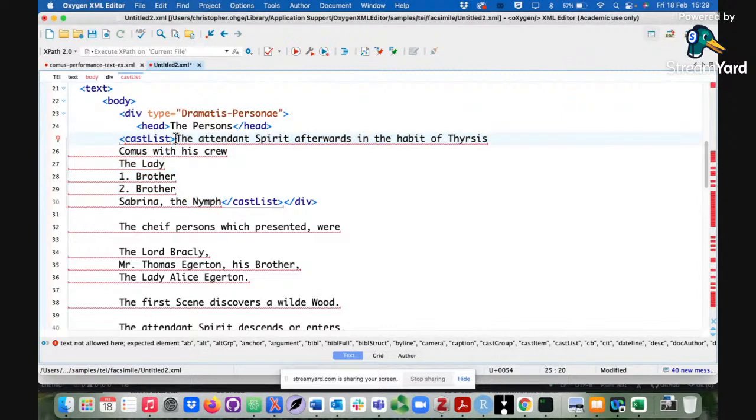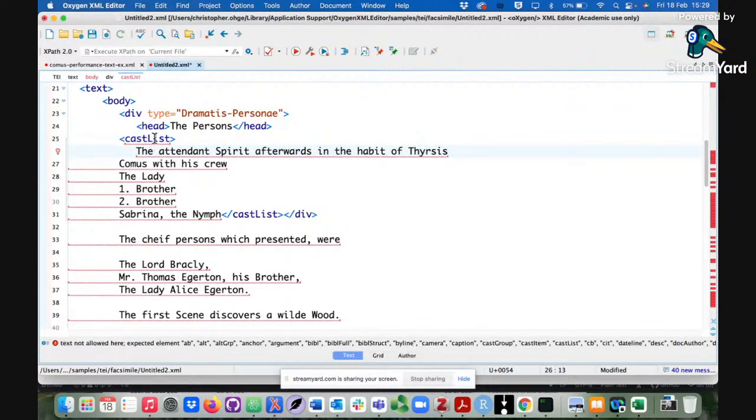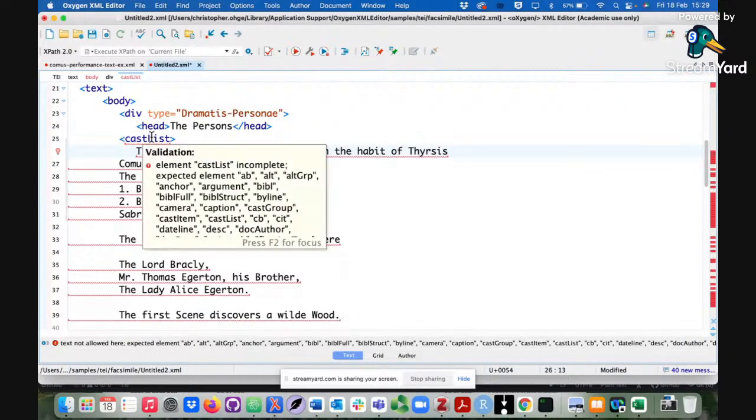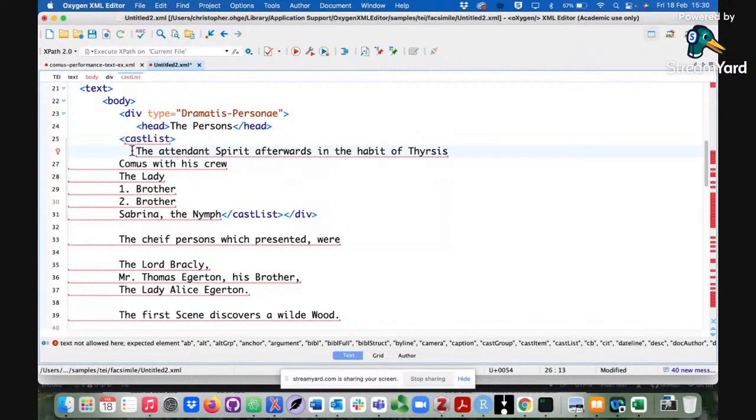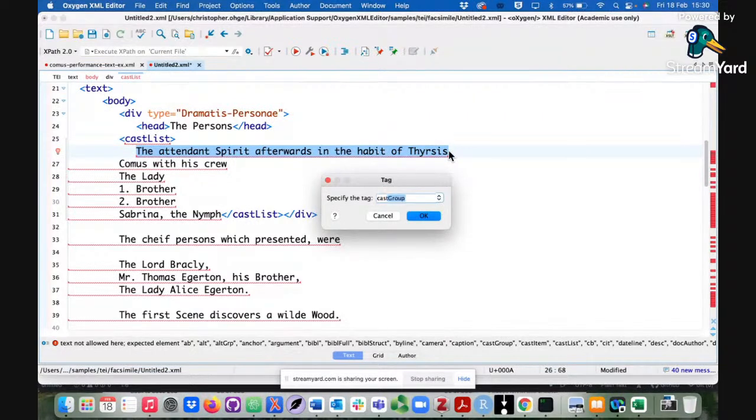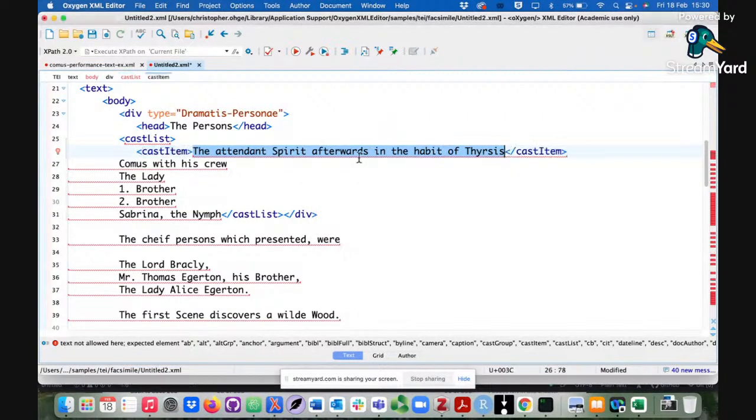And you'll see that we've still got some red underlining here, and you can see that we're getting some instruction that the cast list is incomplete. And the reason why is that we need castItem elements to further distinguish who is a part of this cast list. So from here, we can just add cast items